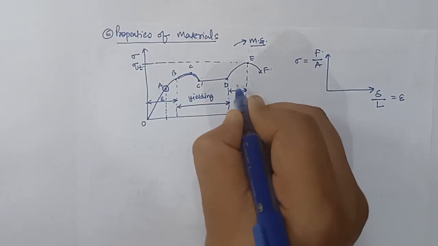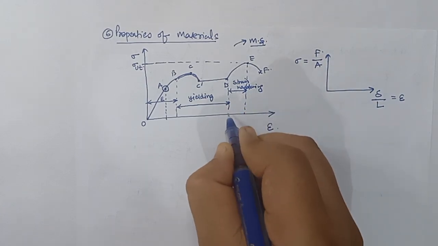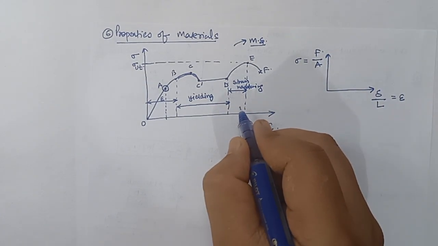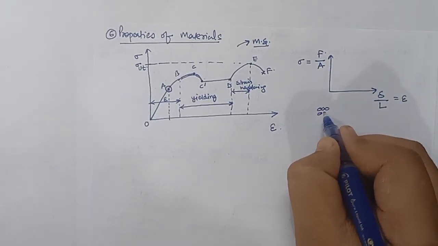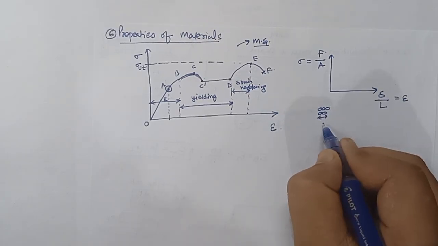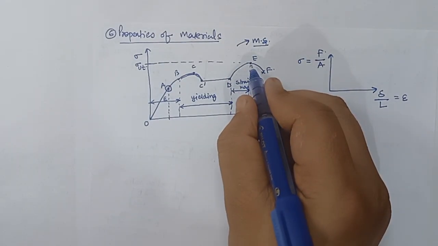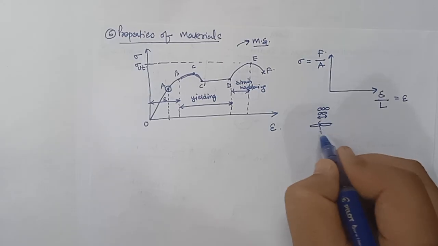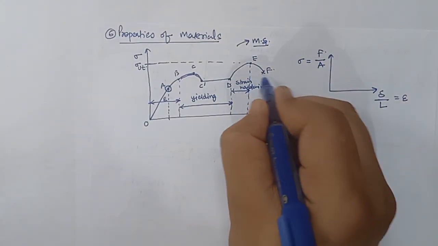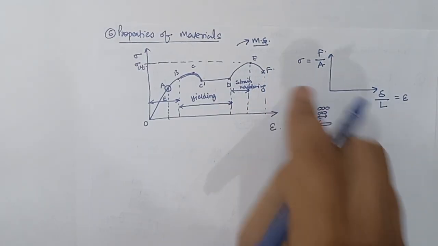This you will study in material science. Strain hardening means the molecules of the material get stretched, and due to the stretch in the material, more force is required for its fracture. So that's why we are getting ultimate stress, and after a particular point, after E, the material gets highly elongated and gets detached, and due to detaching, the material fails at lower stress. Why it is failing at lower stress, you will study in material science, right?